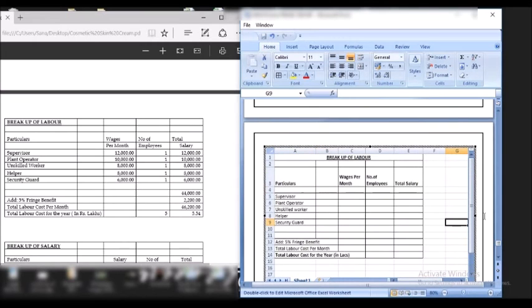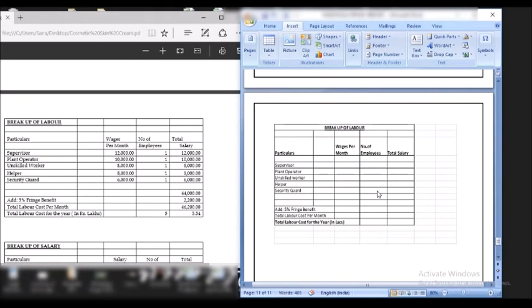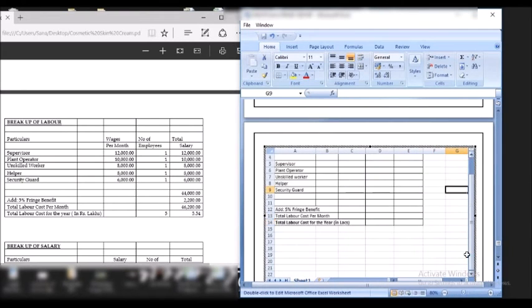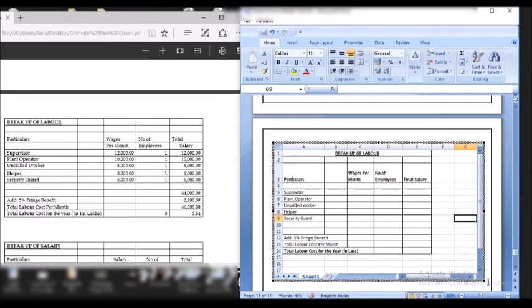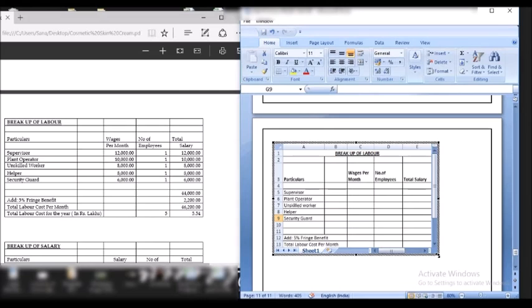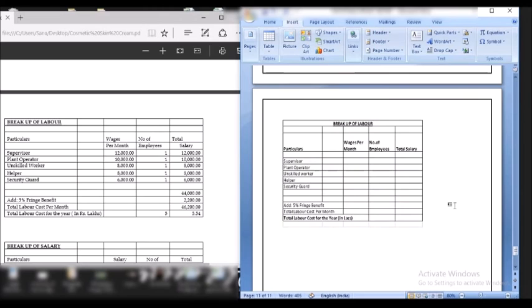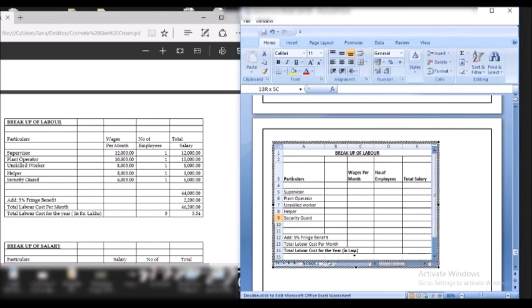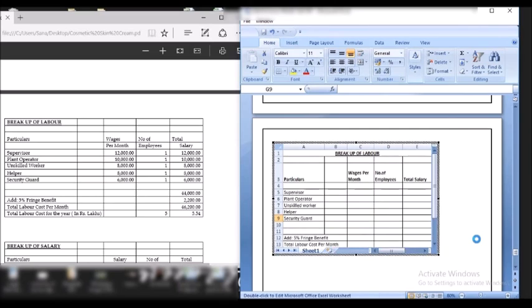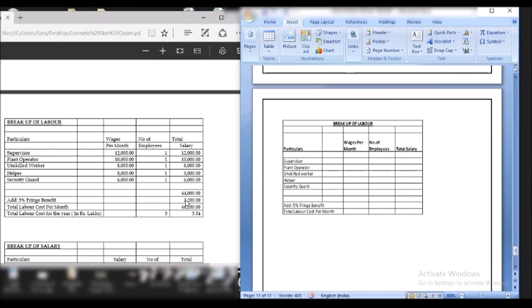Once you are done with the Excel sheet, just click anywhere outside the object, and here as you can see there are some cells that are visible which I don't want. What you have to do is adjust the size of the object as such. Just drag it in or out until you are happy with the result. And here as you can see, this is how you do it. Just drag it and adjust it a little bit until all the contents are visible.